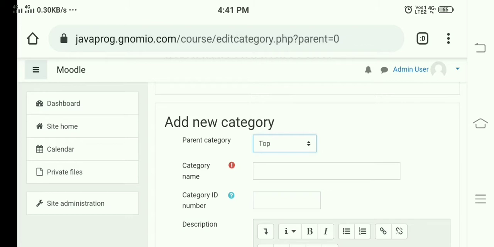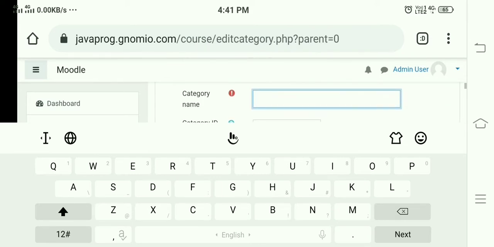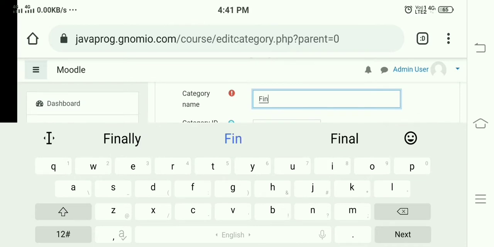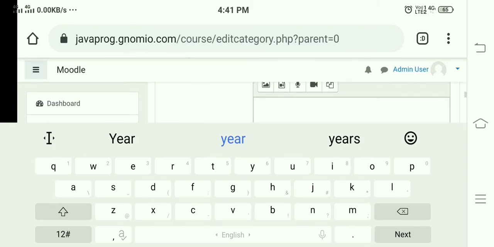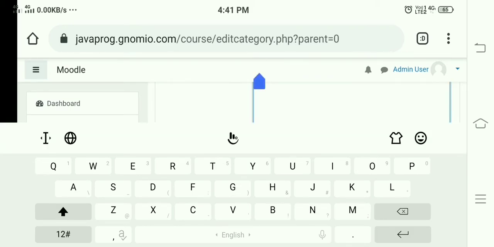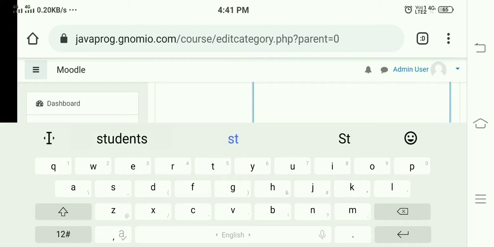Just put parent category as top. Then here you can put the name of the category. For example, I put the name as final year. Then course ID, which is optional, and you can write the description, that is final year students.